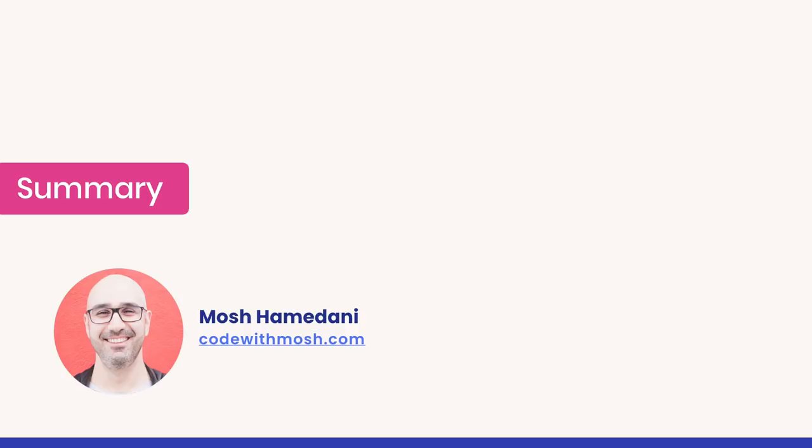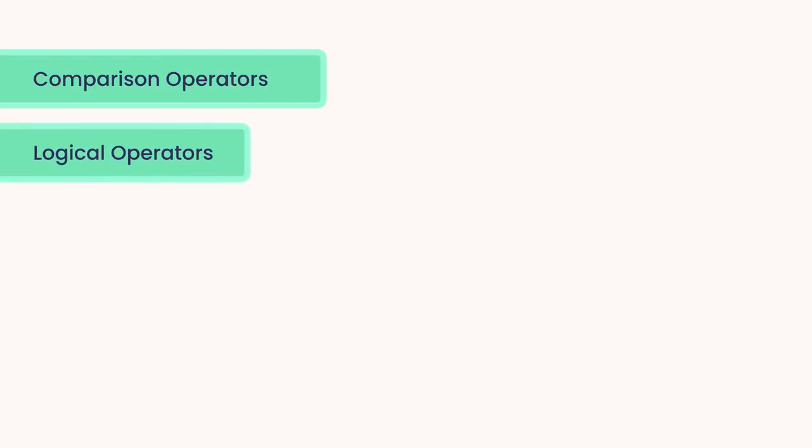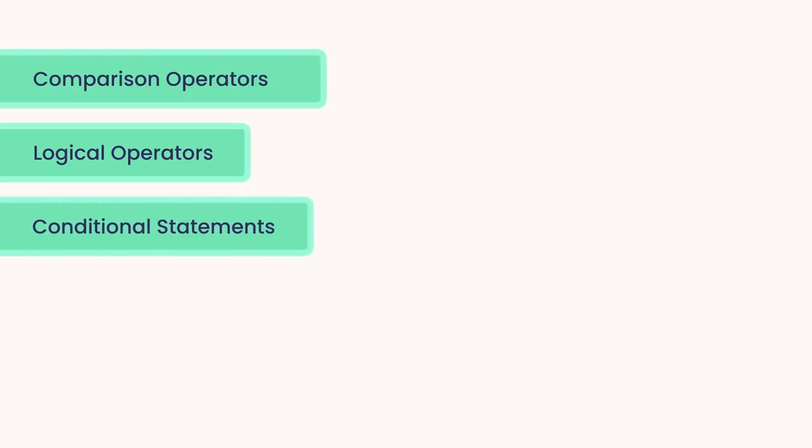So in this section, you learned how to control the flow of execution of your programs. We started off by talking about the comparison operators for comparing primitive values. Then we talked about the logical operators like AND, OR, and NOT. I showed you how we can use these operators for implementing real-world rules. And then we talked about 3 types of control flow statements. You learned about conditional statements like if and switch for making decisions in our programs.